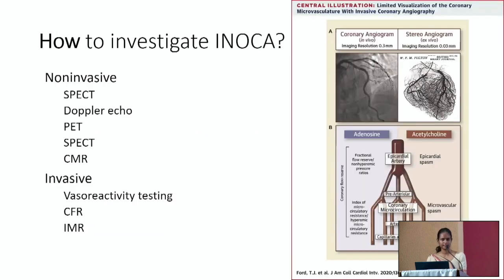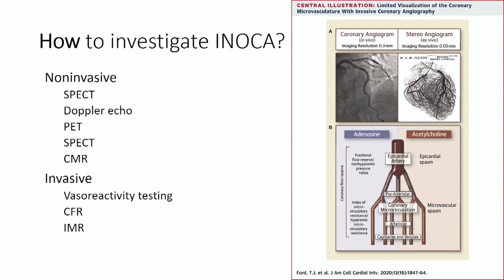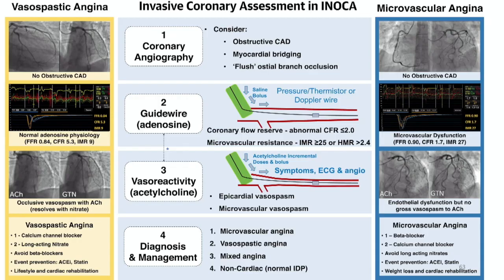So how do we investigate INOCA? How do we investigate those two main mechanisms, vasospasm and microvascular dysfunction? For vasospasm, we can use intracoronary acetylcholine and assess for large coronary artery vasospasm. If it is not there, we can identify microvascular vasospasm. And for microvascular dysfunction, there are now objective ways to assess. So this is a graphical representation of assessing INOCA and